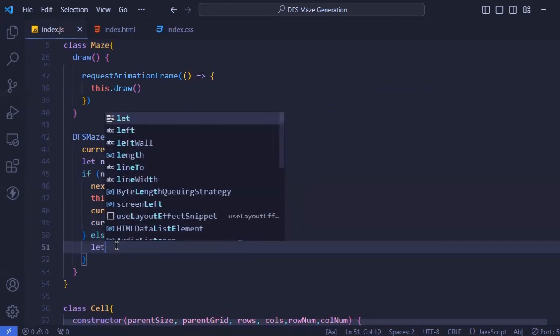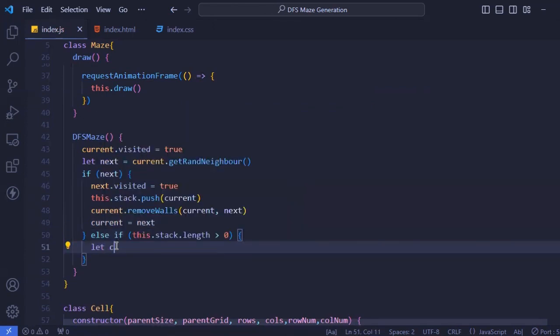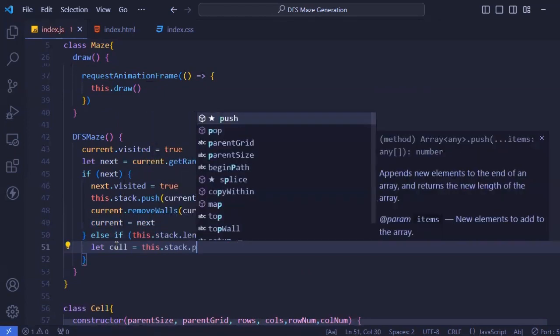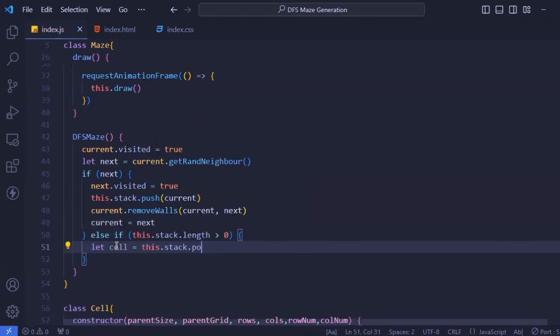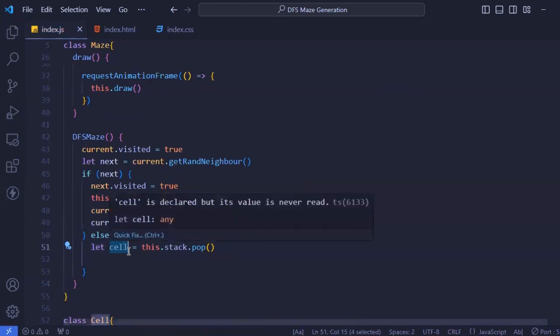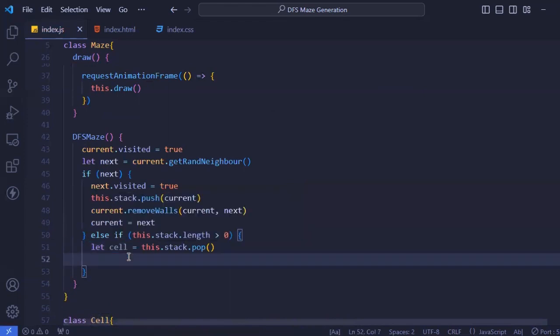So if our stack has the length greater than 0, we can pop one of the nodes out of the stack as we had previously mentioned, and that will give us the parent node or the parent cell. So stack.pop will give us that cell, or will remove that first cell, and we're going to set our current